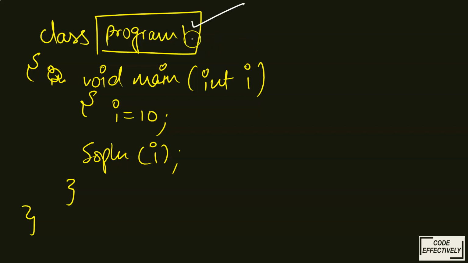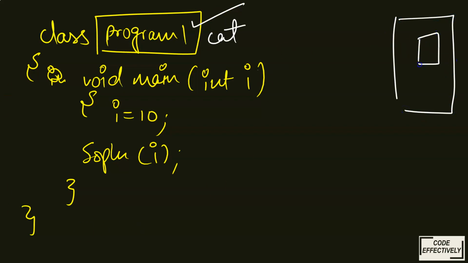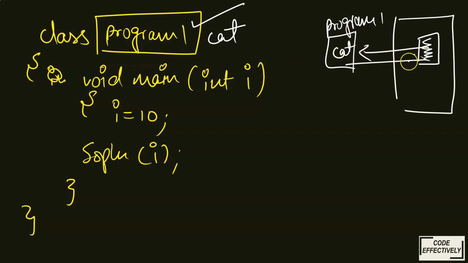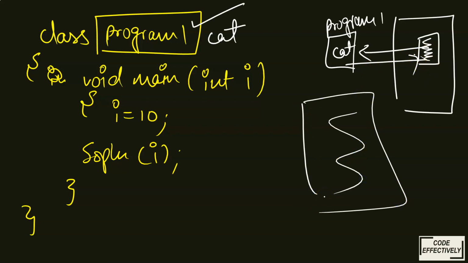So this is a variable because you can change it accordingly. Had it been, I would have said it is a cat. The name of my class is cat. So in the computer memory, my entire program would have been saved here. This is my program saved, and it will be denoted by cat, or whatever your name, let it be program1. Whenever you open your program cat, it will go and fetch all the details from the computer memory and show it on your computer. This is what it means.